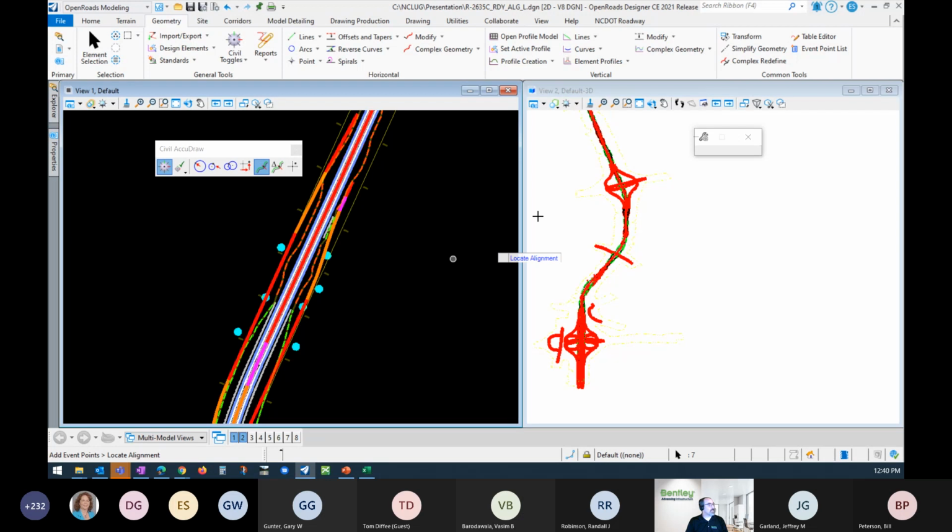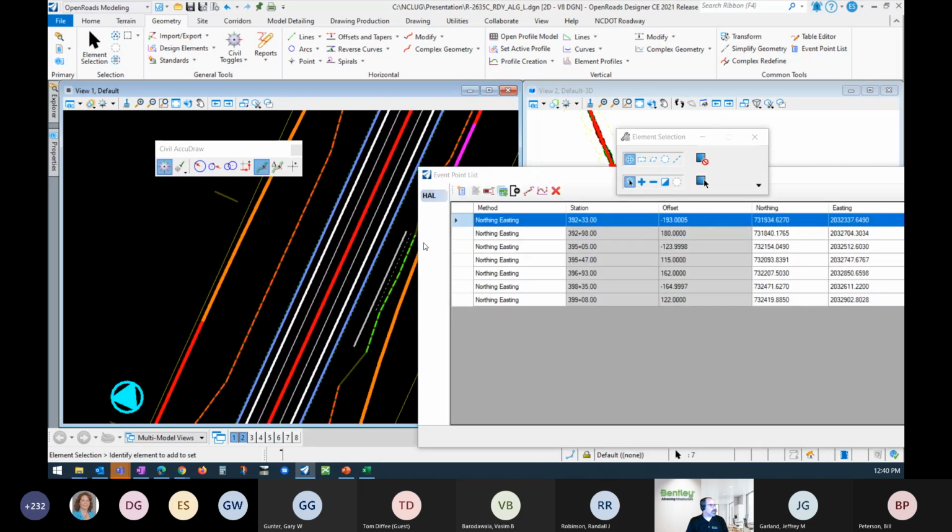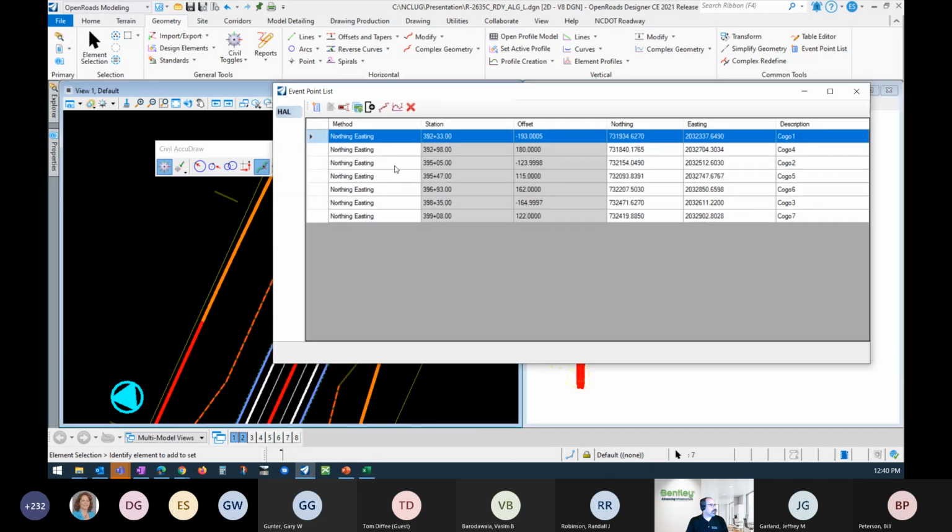Once I've got these points selected, I can hit Event Point List. I pick an alignment, and it's going to associate this point list with this alignment. I've got all of these points now set. That alignment knows what they are. And what can we do with that? Well,